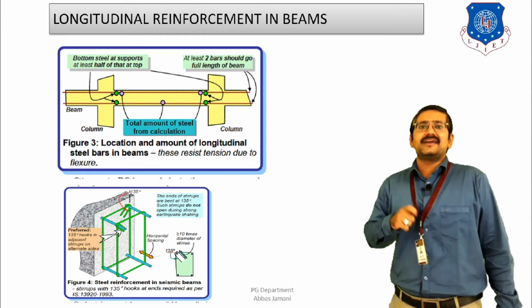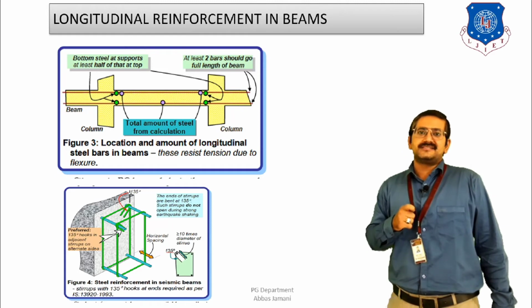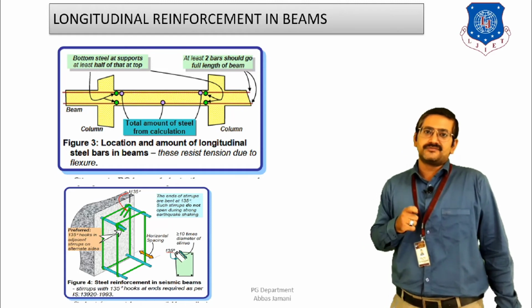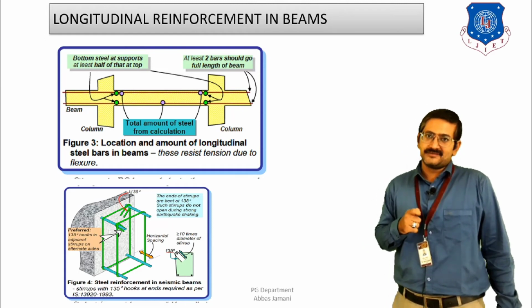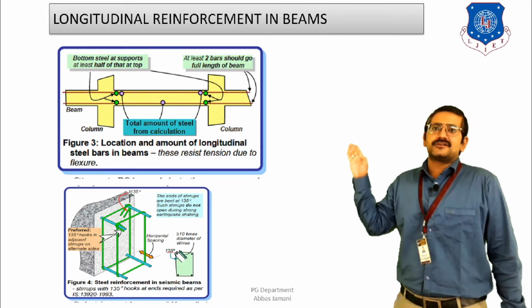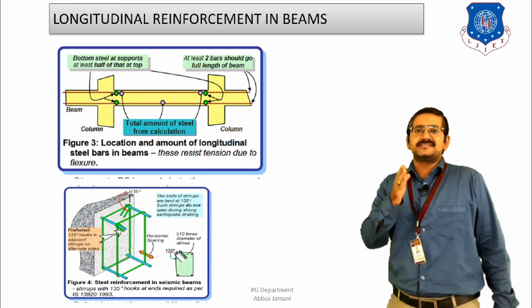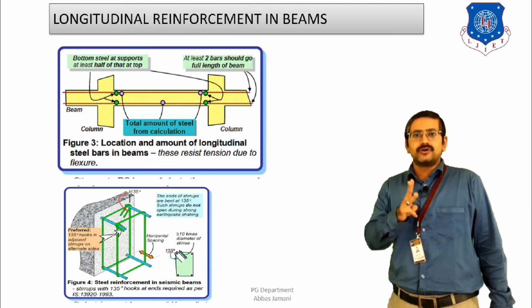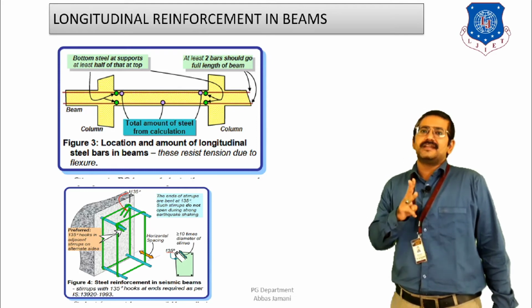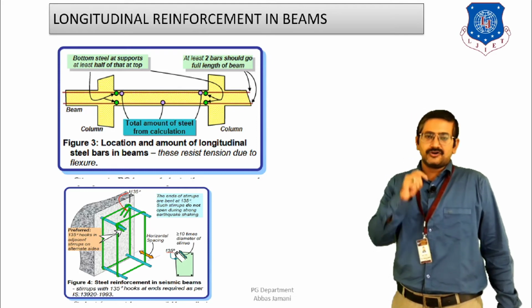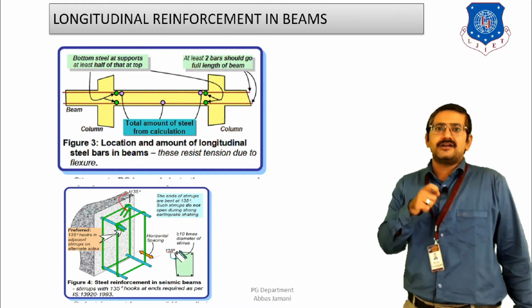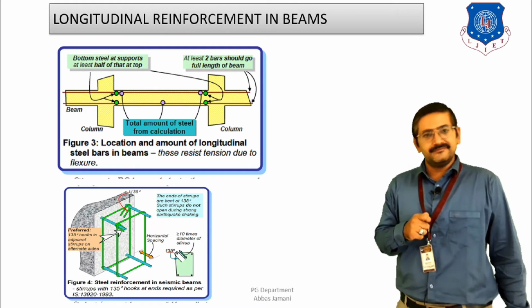For example, again 12 cm square is the amount of steel required due to the moment diagram. Then 25% of this 12 should be provided as a minimum, that is, 3 cm square of steel should be provided throughout, at top and bottom, along the length of the beam, right? So this is also an important guideline for longitudinal reinforcement of the beam.